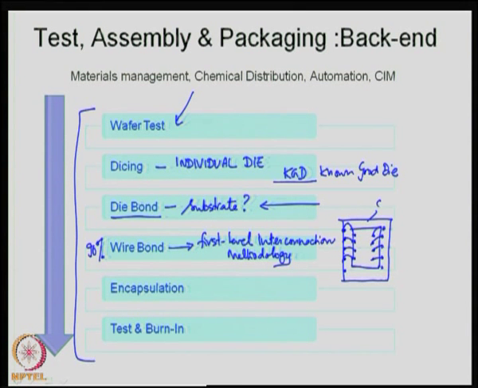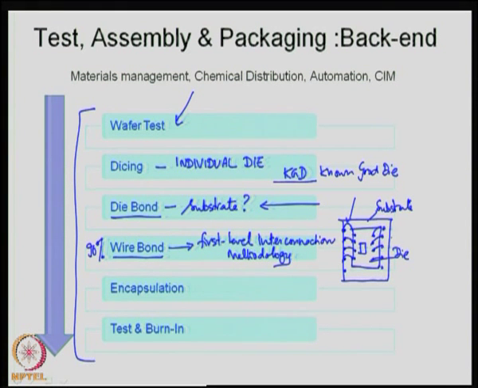So, this is the substrate and this is the die. Now, you have a very rigid platform called the substrate, which will hold the die. Underneath this die here will be an adhesive which holds the die onto the substrate, and then the wire bonding takes place using gold, aluminum or copper. So, we are going to see this particular process in detail shortly. So, most of the packages use wire bonding.